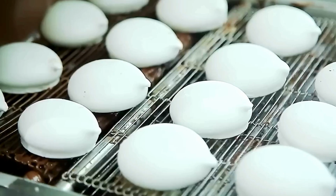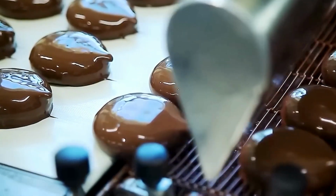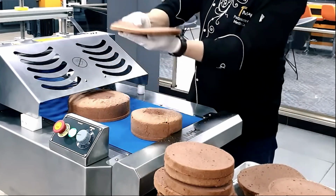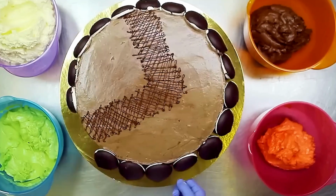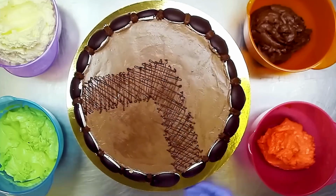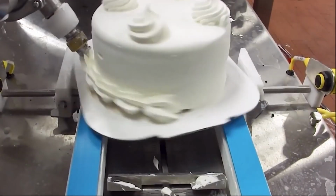These machines dip beautiful macarons into stunning chocolate ornaments. After their frosting bath, each cake receives a unique touch of manual artistry. The macarons are carefully placed around the sides of the cake. A bit more chocolate frosting here and there makes each cake look absolutely perfect. Let's gather around for this amazing sweet creation,